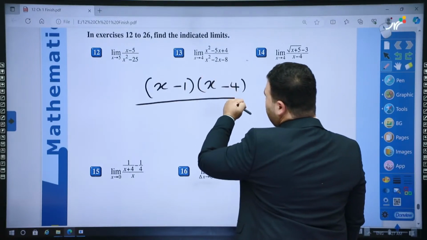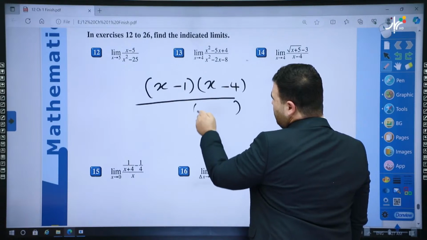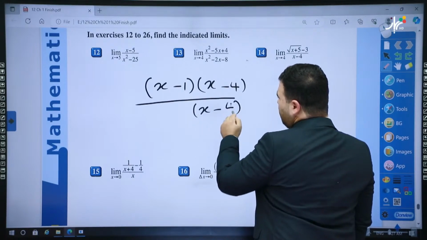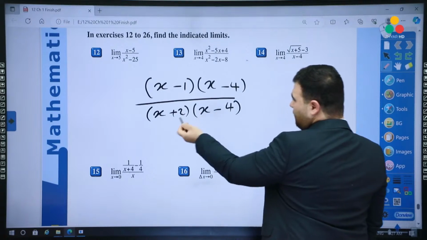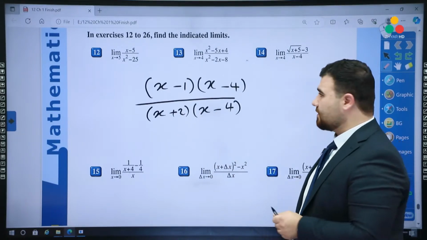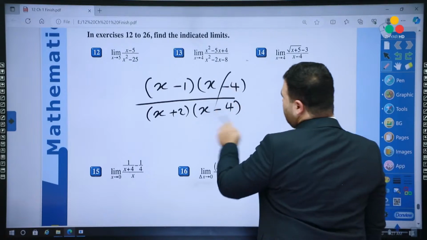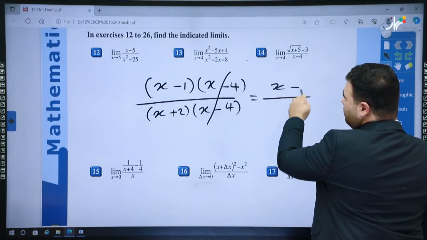Then here, again, I need two numbers. When I multiply, I should get negative 8. Then it's about x minus 4 and x plus 2. Negative 4 times positive 2 is negative 8. Negative 4 plus positive 2 is negative 2. Now these two factors cancel out. What's remaining is x minus 1,